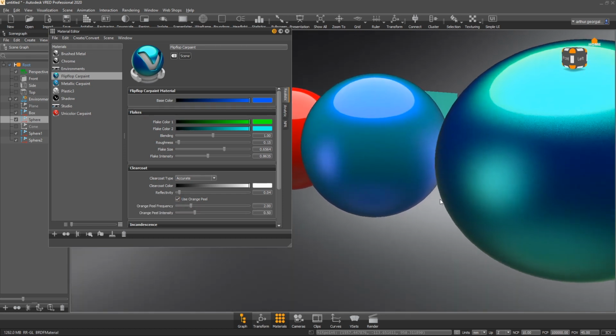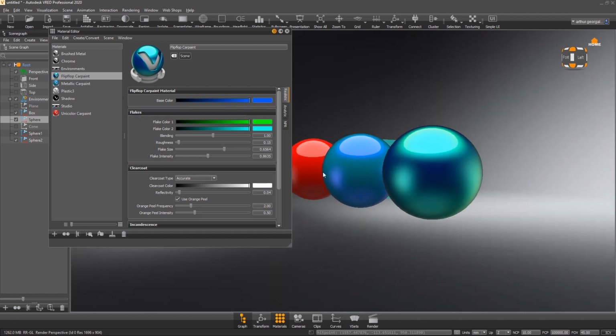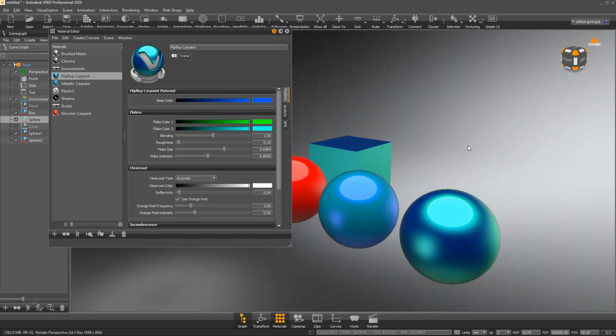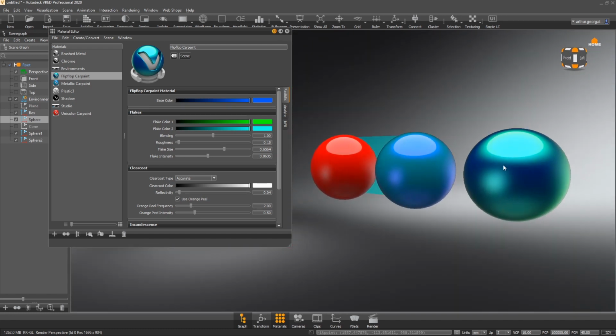still looks cool. So I'm not trying to say that you should be using the flip-flop car paint option on everything because it's the more advanced option. It's just one way of doing it. So yeah,